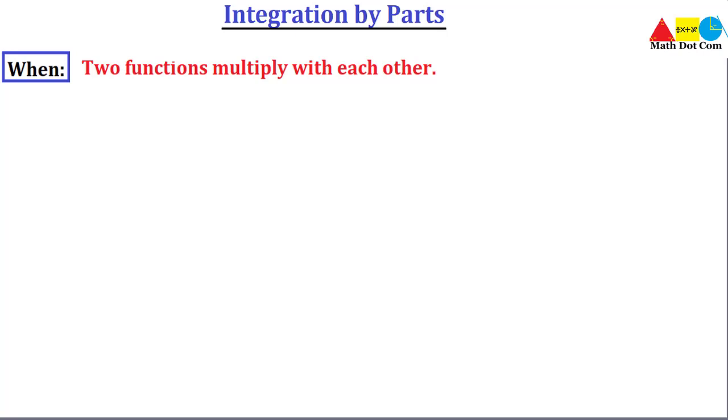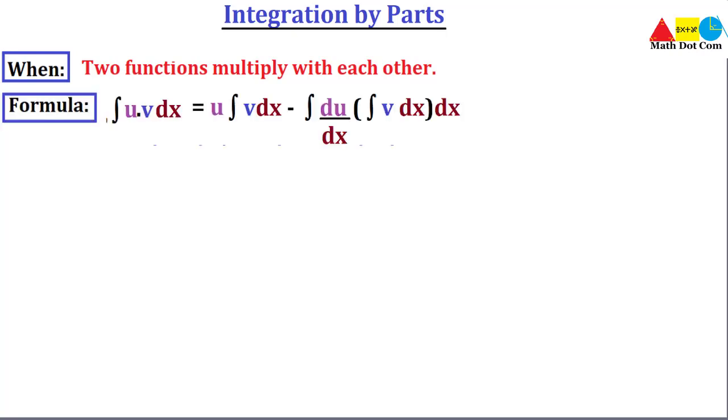So it is clear that we know when to use integration by parts, and there is nothing else about it other than that you have two functions multiplying with each other. Then what is the formula that we have to use while doing integration by parts? Here is the formula. Don't get confused, it is very easy, you just need to understand it very well. Once you have memorized the formula, you can easily apply it to any case where two functions are multiplying with each other.